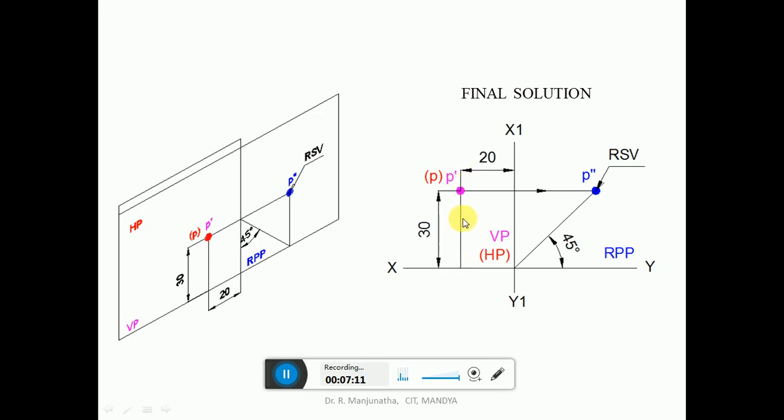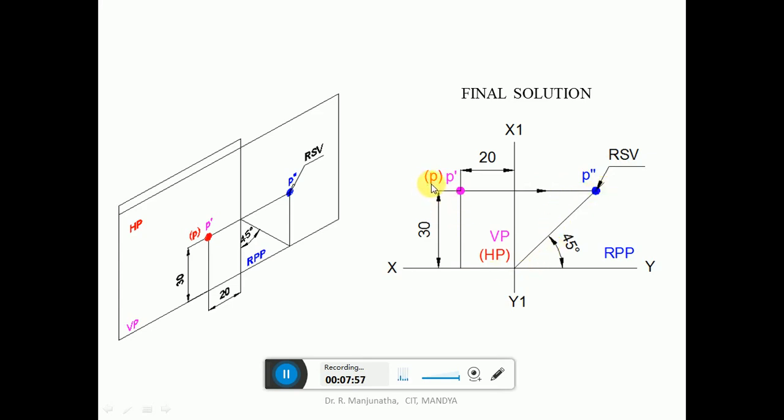Then the distance behind VP is seen in HP. So from the XY line again you measure the distance of 30 mm. Both are overlapping. Since the image is on HP, you keep this in bracket, small p. Then when you are drawing the side view, we can see the distances of both the front view as well as the top view. So from the front view you draw a horizontal projector to the right side. So the distance above HP, which is 30 in vertical direction, here also becomes 30 mm in the vertical direction. Then draw a 45 degree line adjacent to HP so that we can transfer the vertical distance of behind VP 30 mm into the horizontal distance of 30 mm behind VP.